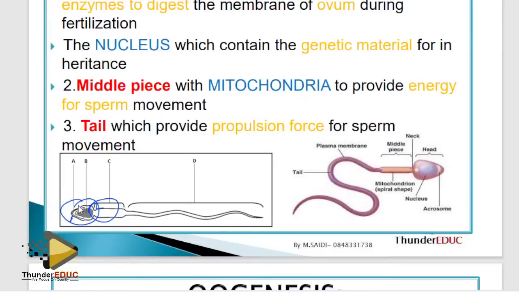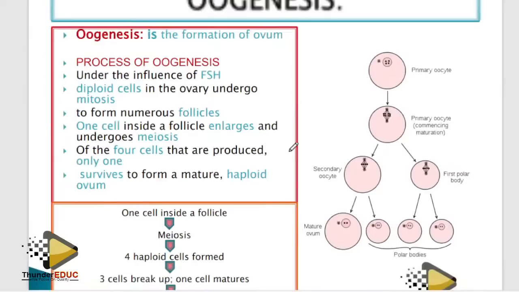But they can ask you a question, adaptation of the sperm for locomotion. Now you only talk about the tail and the middle piece. That's all. Adaptation of the sperm for fertilization. Now they are talking about only fertilization. You only talk about the acrosome and the head. Is it clear? Don't just go and say, no, I know the sperm. Look at the question critically. You remember these words. All right, let's continue.